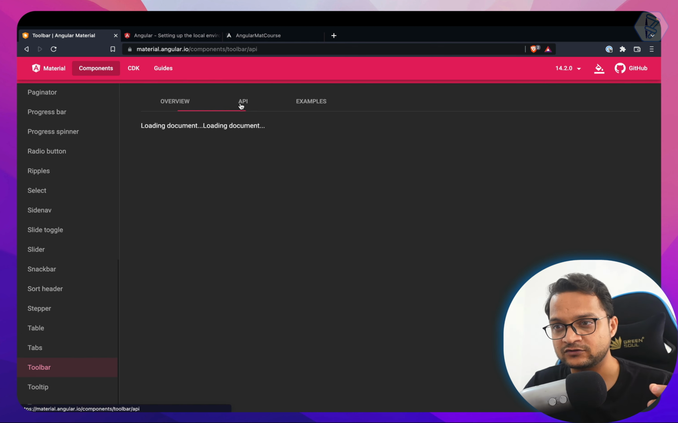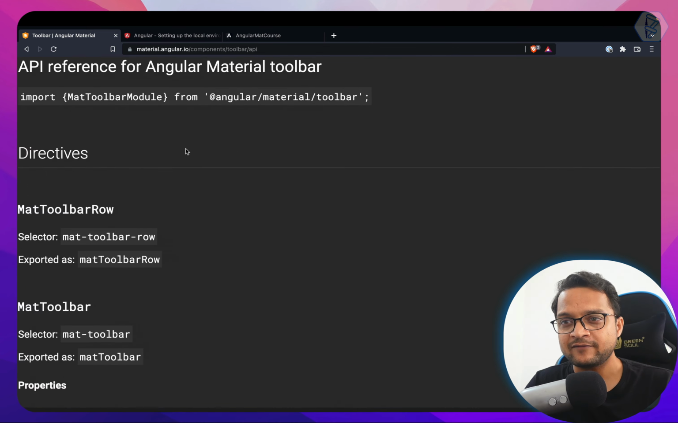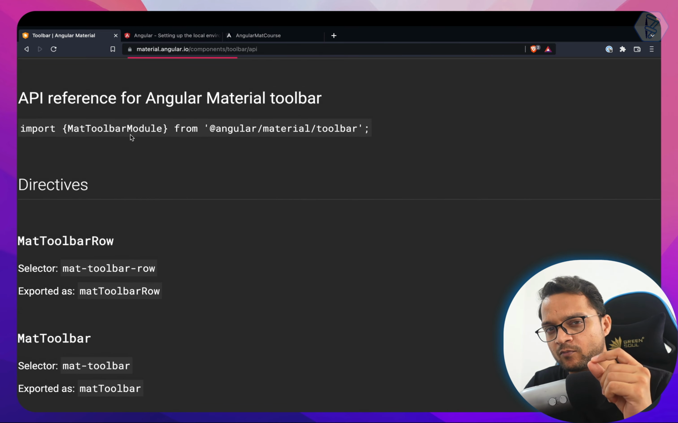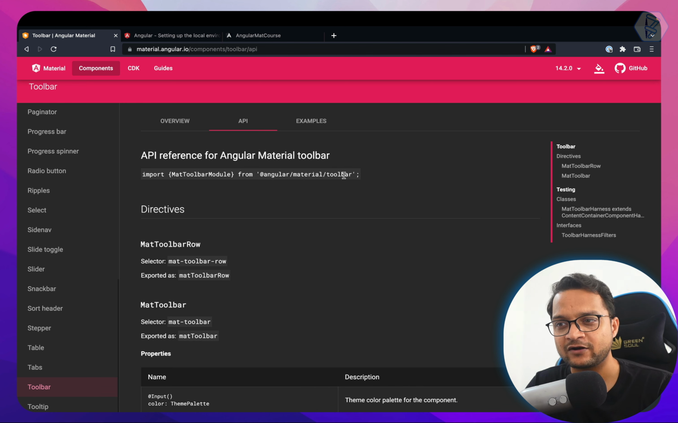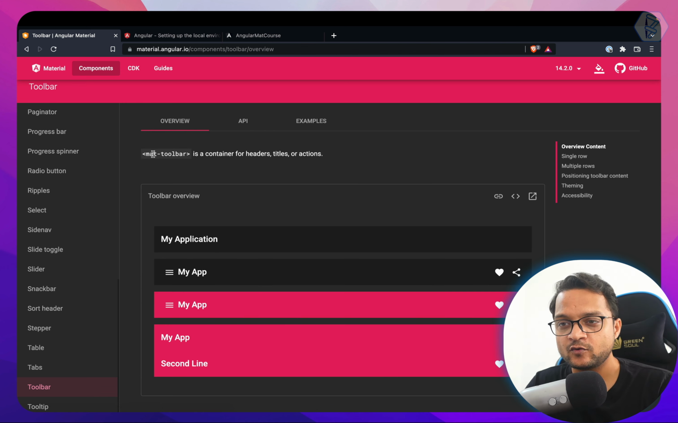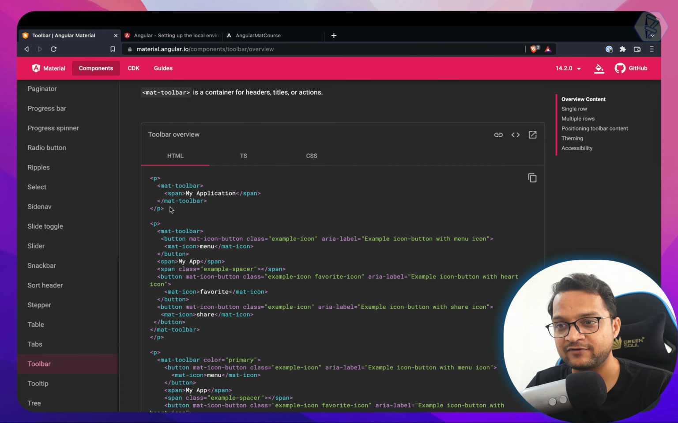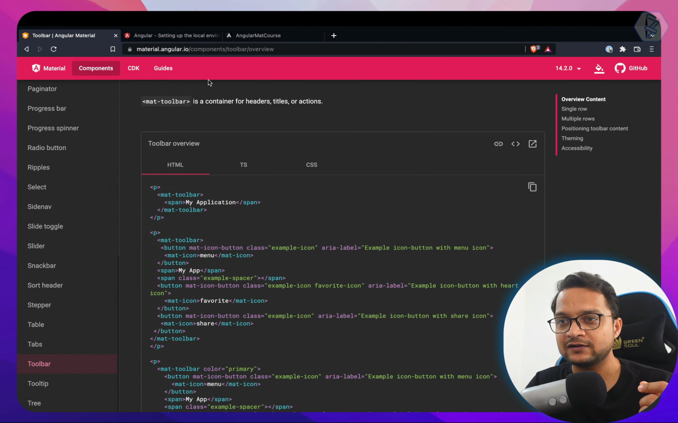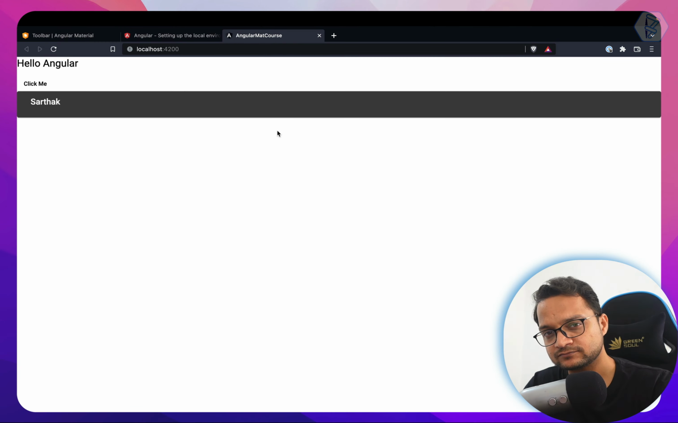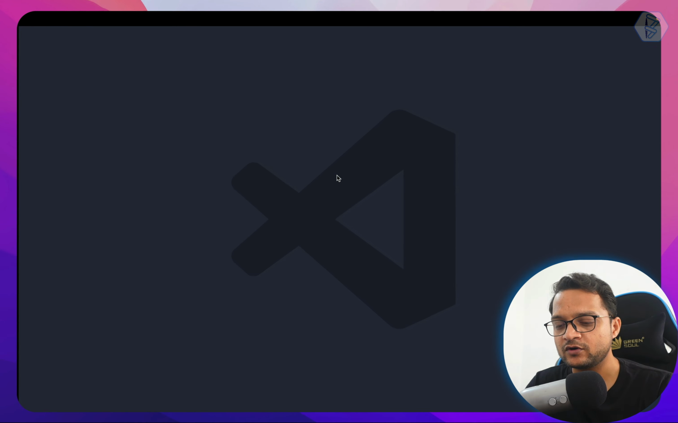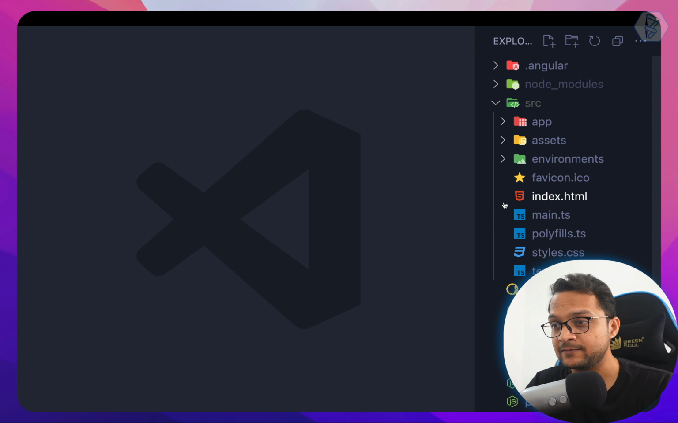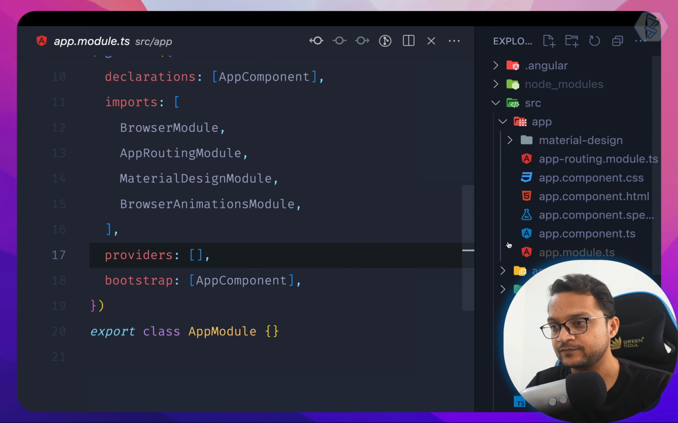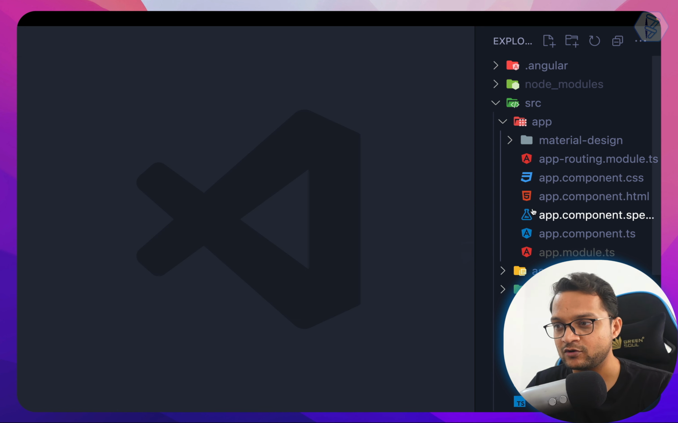So first let's see what we have to import. We have to import mat toolbar module, obviously from Angular toolbar, and then we can use mat toolbar as the component name. Inside that we can define whatever we want as the name. So let's try that on our application. For that I will go here. First I will open my app.module.ts. No, I will open